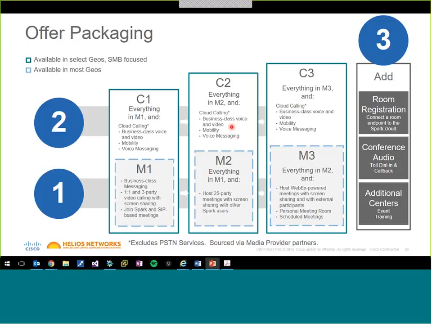I think they're all actually the same. Yeah, they're all exactly the same. So you basically pick C1, C2, C3, and then on top of that, you'd either have M1, M2, or M3. So it just depends on what package you really want. And then if you go, right, step 3, we then want to bring in, once available in the UK, endpoints for the room.